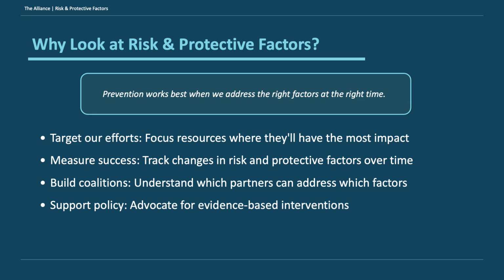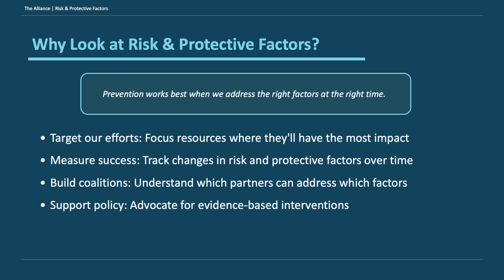You probably all know this, but just to reiterate why we want to look at these risk and protective factors in communities, it's for four main reasons that I think of. One is it helps us know where to focus. The thing about this work, as I'm sure you all know, is that there's a million things we could be doing at any given time, and none of us have the bandwidth or capacity to address all of them. And so looking at these risk and protective factors, we say, okay, we know that these are issues in our community that are putting our youth or people at higher risk of excessive alcohol use. Let's focus on one or two of those, or let's strengthen these protective factors that exist and we just want to continue to build on them.